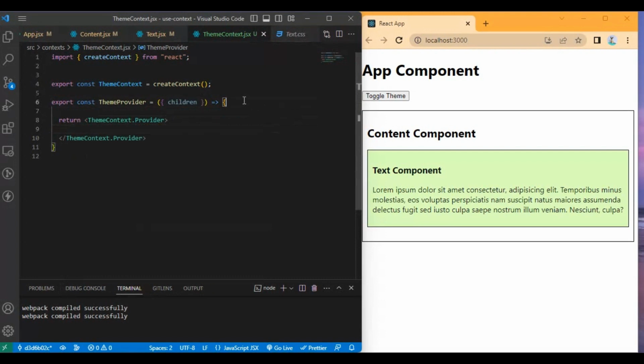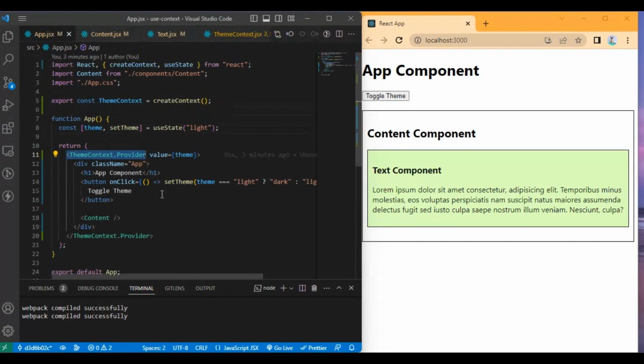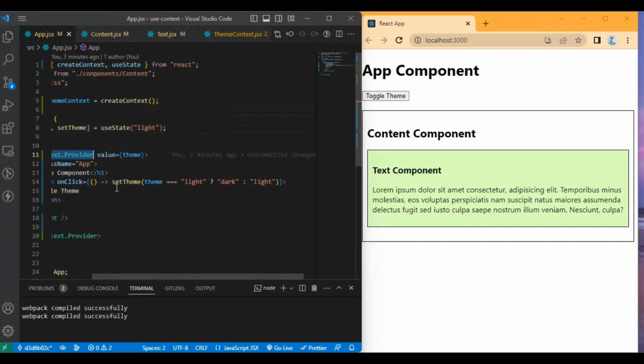I also have to use the state to save the theme. And move the logic for when I click the toggle theme to this file.